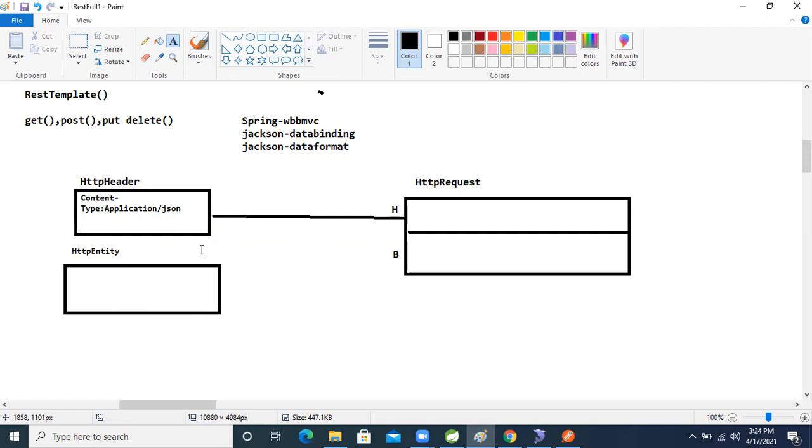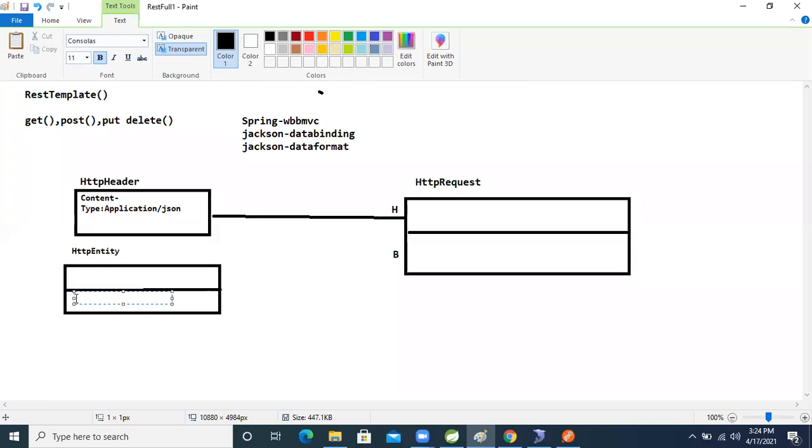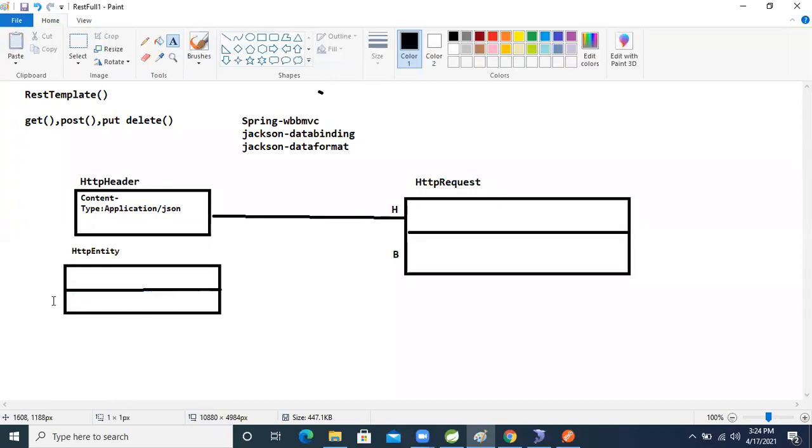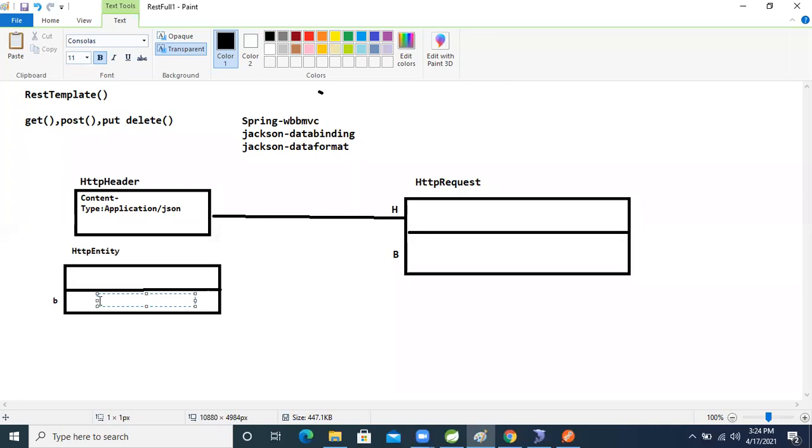We will store the JSON data. This is the body part, the entity body part. Inside that, we will store the JSON data.